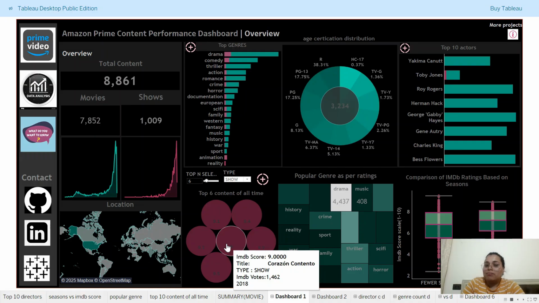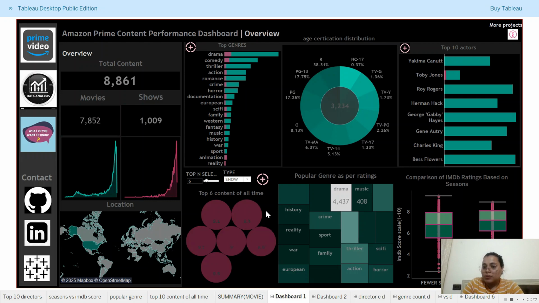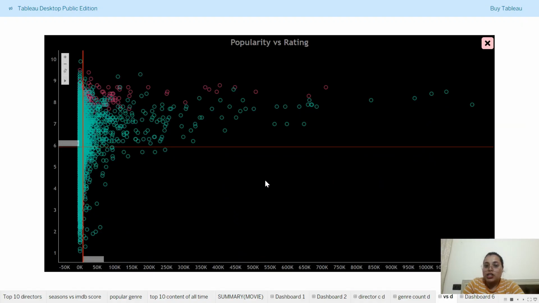We can have more shows of a similar kind, so people are going to watch them over the platform, right? There is one more chart related to it, and this chart is all about the popularity versus rating. So if we can see in this,